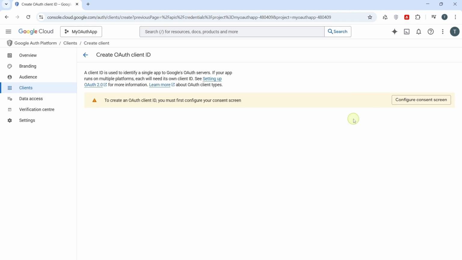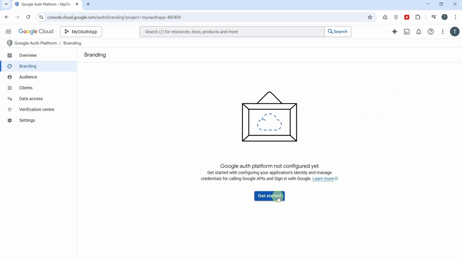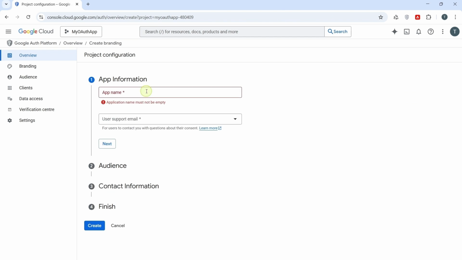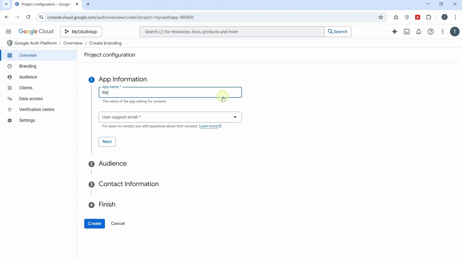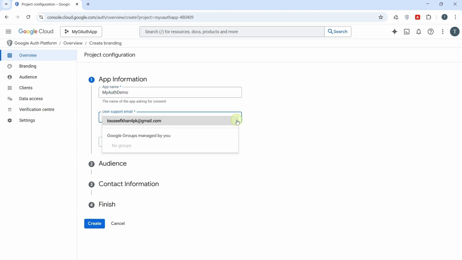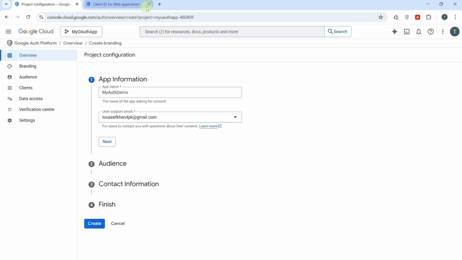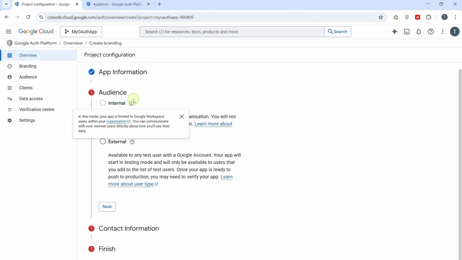Now Google will ask you to configure an OAuth consent screen first. So click on it to get started. Add your app name and support email. I give it name like my auth demo and select my support user email. Click on next. Click on create. From audience, you can select external and click on next.